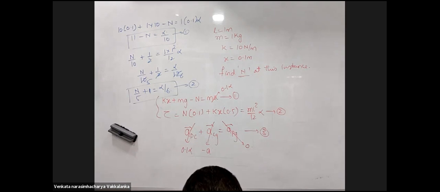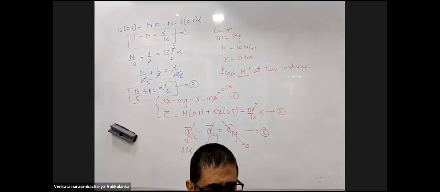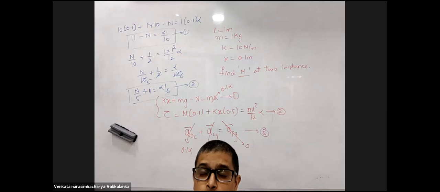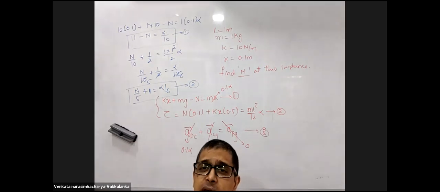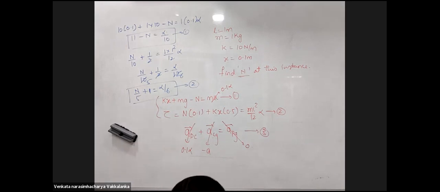Hello, sir. I have one doubt. In the second question which you gave for today, you took the moment of inertia of the rectangular plate about COM. I didn't understand why you did that. Torque about which point did we take? Center of mass. So we will take the moment of inertia about the center of mass. Okay. The torque, about whichever point you are taking it, about the same point you will take the moment of inertia. All right.